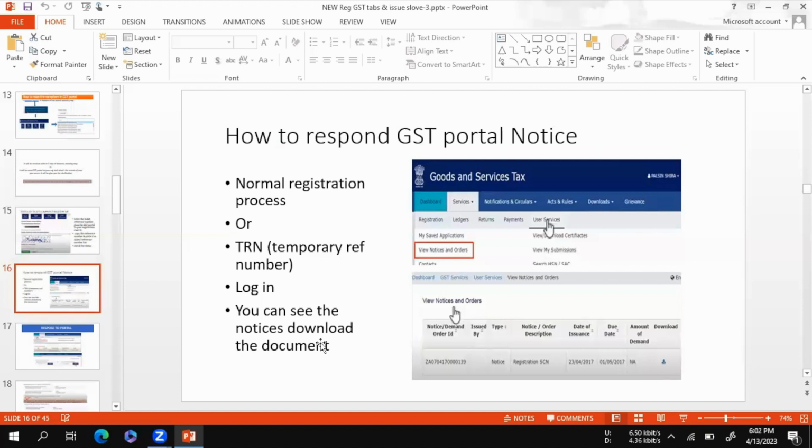So what do we do in the normal login process? Same as usual, we have to enter here. If the registration process stops, it is because we got a notification. We can see in normal registration that we have a TRN number. We can copy it from the mail ID, paste the TRN number and enter the captcha. We can log in. After logging in, we follow this procedure: services, user services, and from below, view notices and orders. From that option,